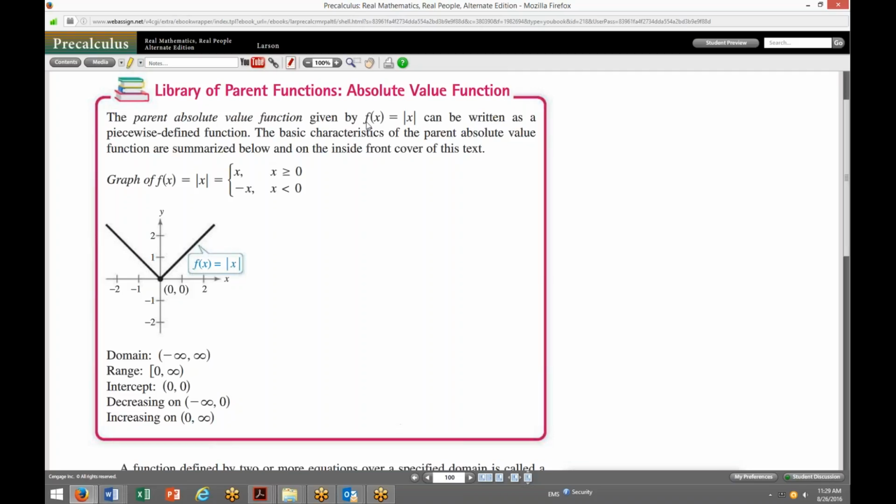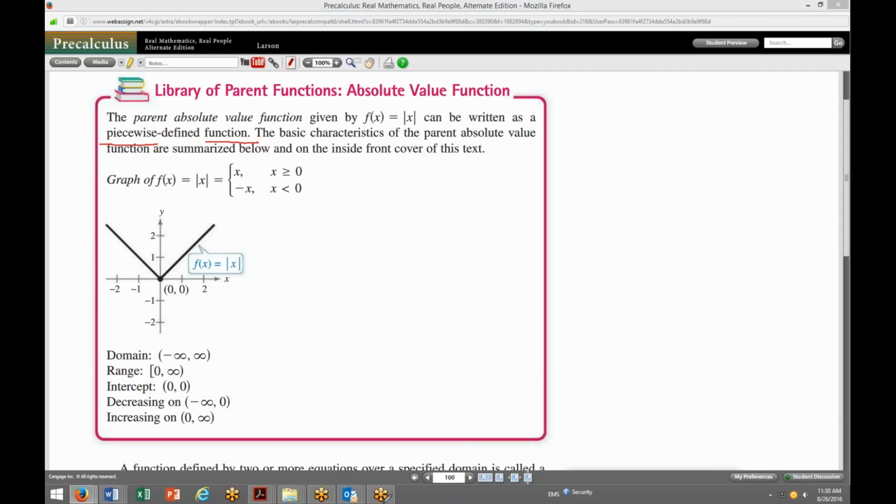So if we have the function f of x equals the absolute value of x, it graphs this perfect V with its vertex at the origin 0, 0. And what's interesting about this is the point they're making here, that this function can be expressed perfectly as what is known as a piecewise function. A piecewise function is a function that has different function rules for different portions of its domain. In other words, depending on how much the x value is, you could have a different rule for finding the